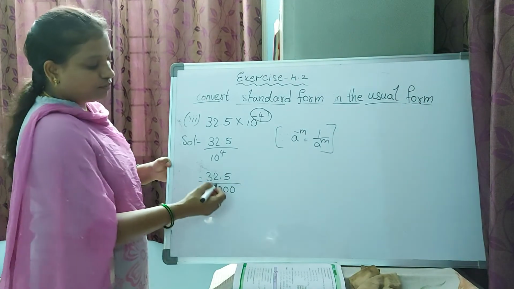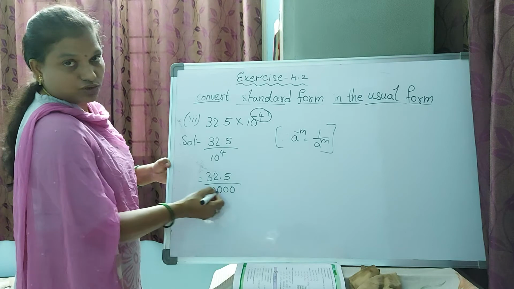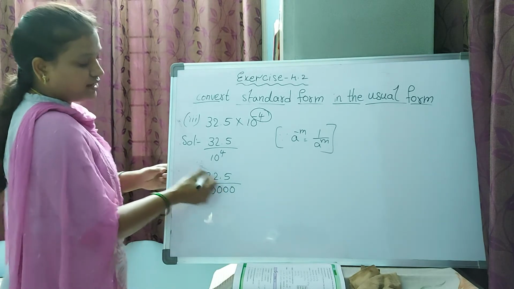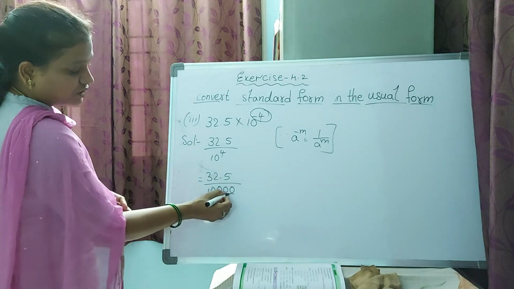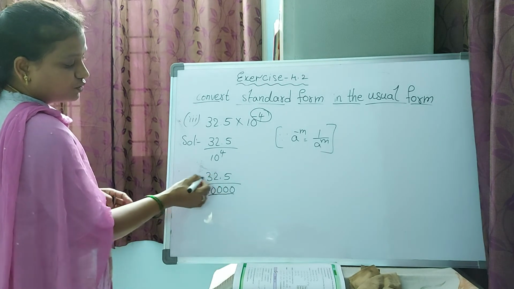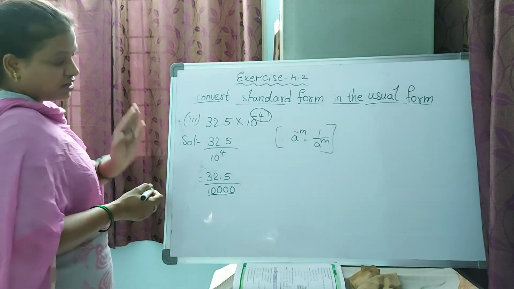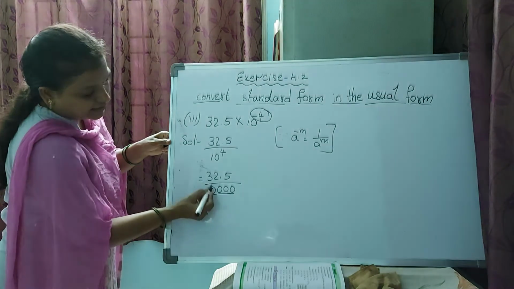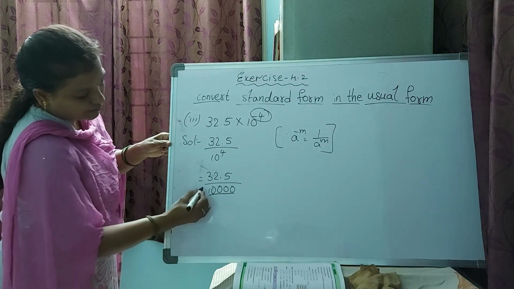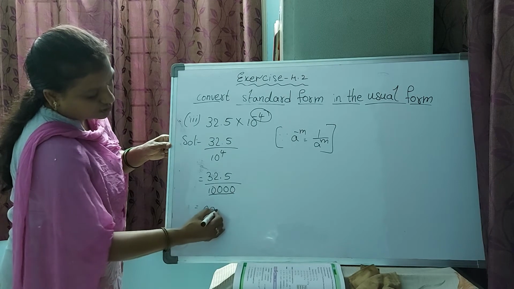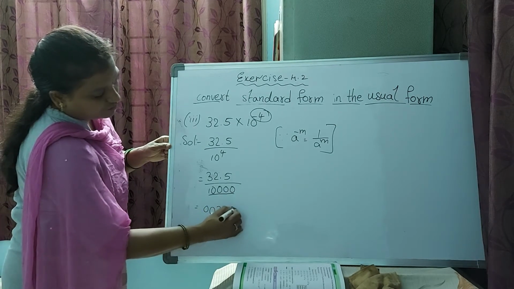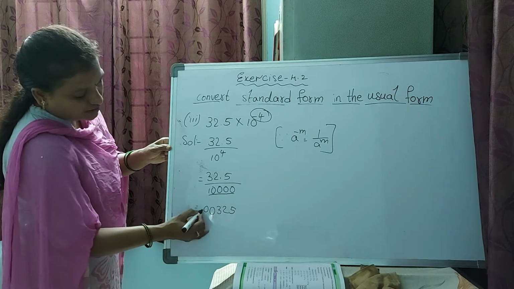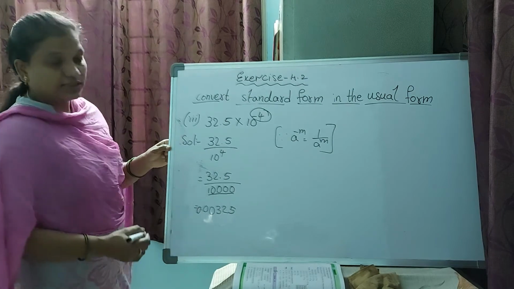See, if you divide with zeros, you have to go to the left hand side. See here how many zeros are there? 4 zeros. So the point should move towards the left hand side. 4 numbers before you have to move. See here already 2 numbers are there. Still you want 2 numbers. That's why we'll keep 2 zeros. 3, 2, 5. So point will come from here to 1, 2, 3, 4. Here it will come. See, understand carefully.